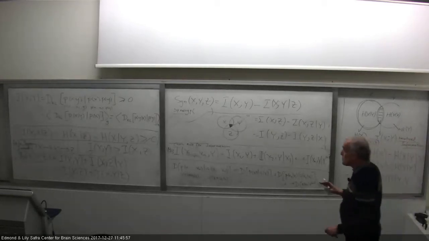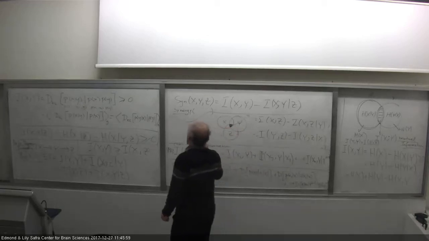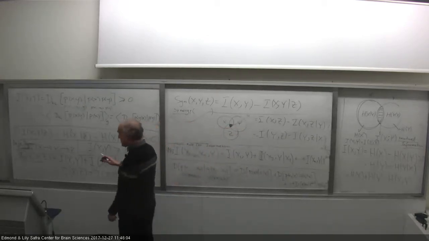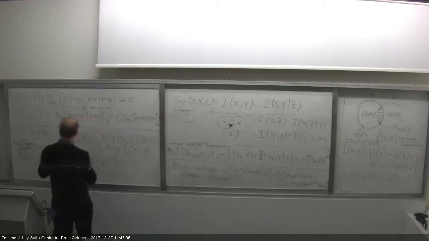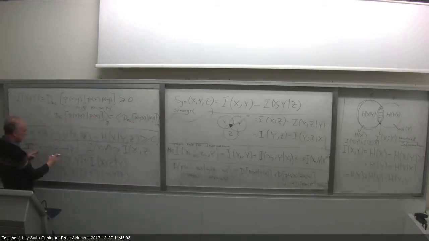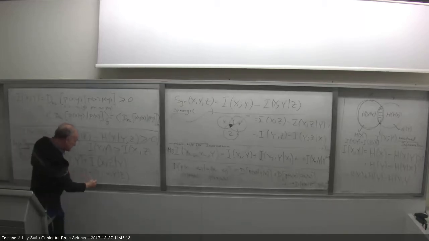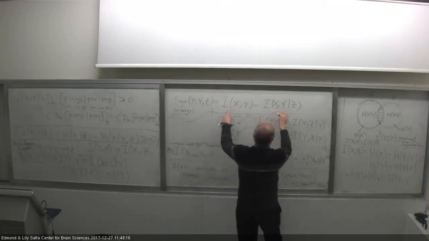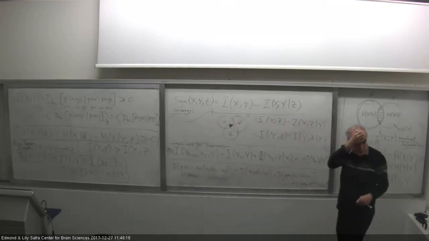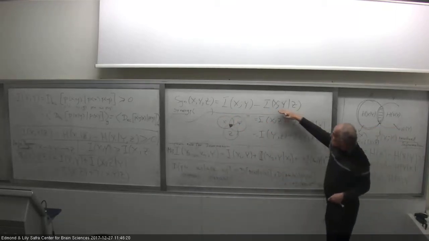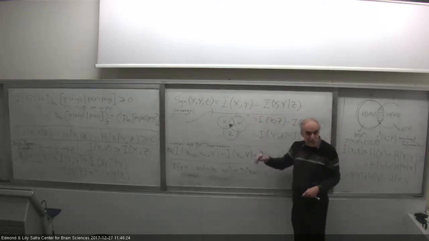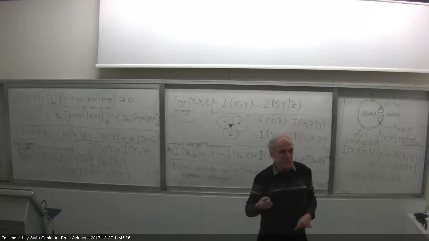So I have to stop now. What I want to do next is, so again, the data processing inequality was an extremely important thing. When I move along a Markov chain, information cannot grow. And it's actually due to the fact that conditional information is positive. But the difference between information and conditional information is not necessarily positive, which means that conditional information can be higher than the mutual information. So conditioning does not necessarily reduce information, it can increase information.